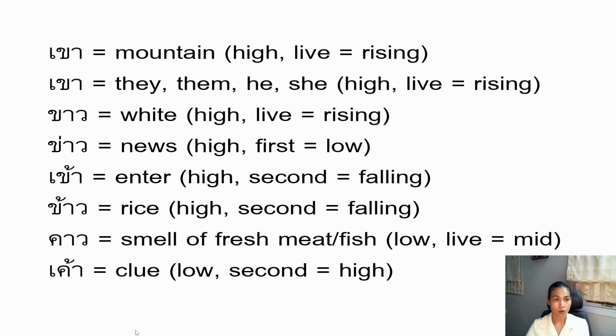1. เขาเขาเขา 2. เขาเขาเขา 3. ขาวขาวขาว 4. ข่าวข่าวข่าว 5. เข้าเข้าเข้า 6. ข้าวข้าวข้าว 7. ข้าวข้าวข้าว 8. เขาเขาเขา